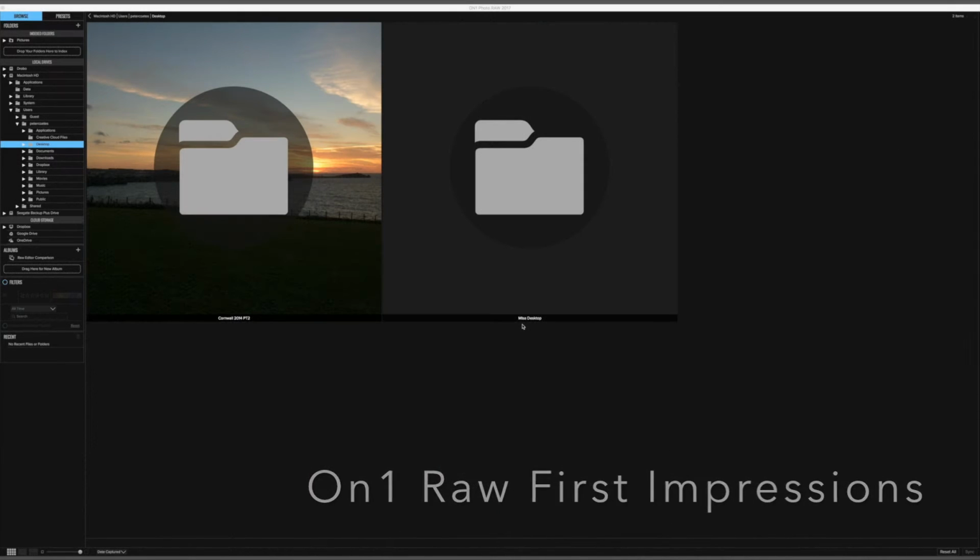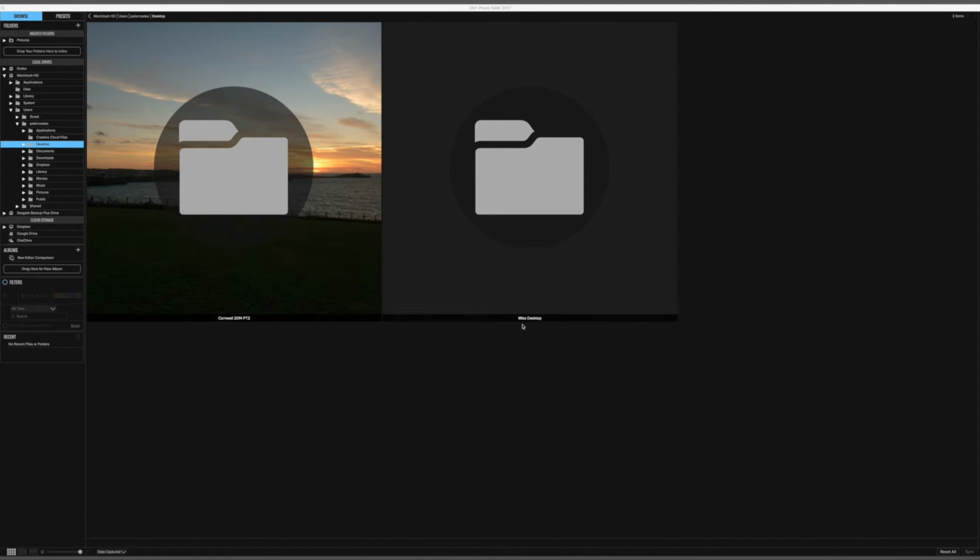So On1 Raw has released its new RAW processor. Now, I've used Lightroom for some years and everything's going to be compared to Lightroom. I think that's inevitable, as it's probably the industry standard. But I'm just going to have a look and see what this is like and if it's going to fit into my workflow. At $120, and it's about £97,